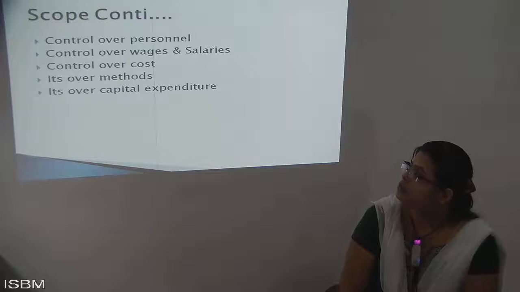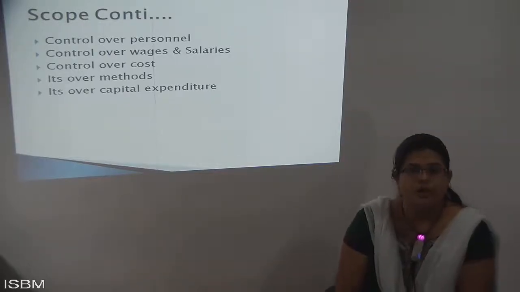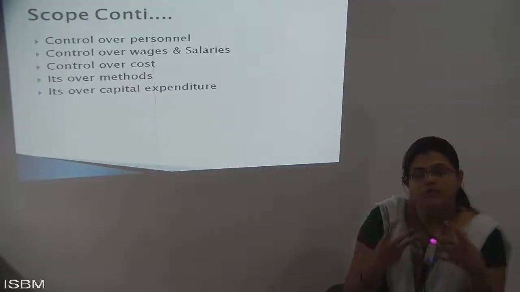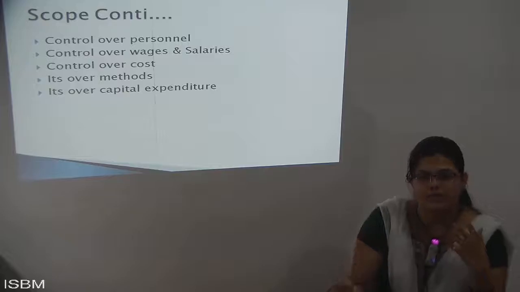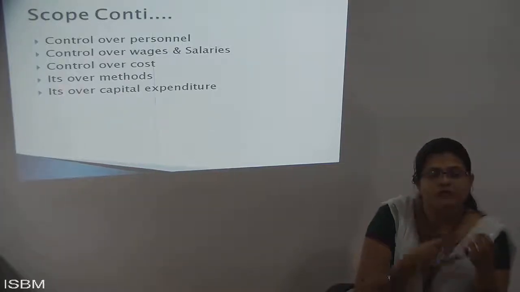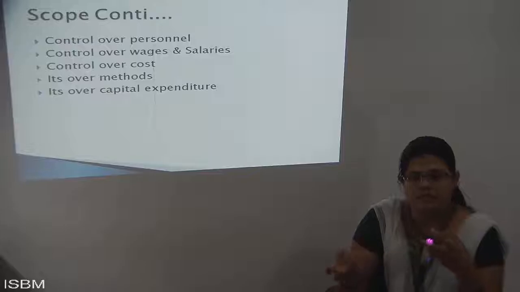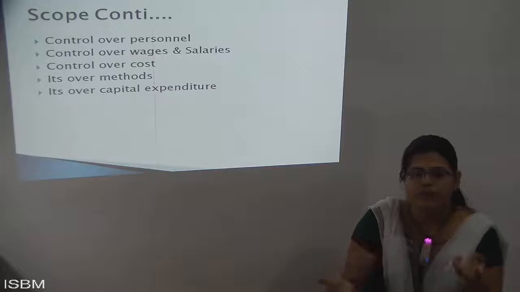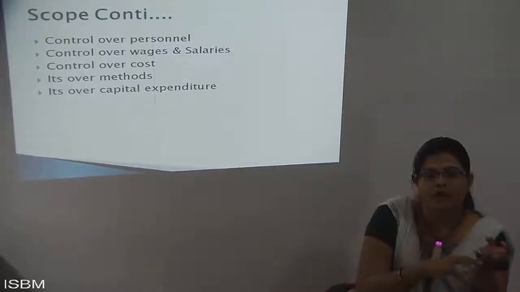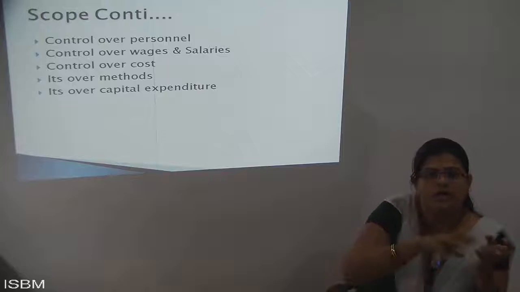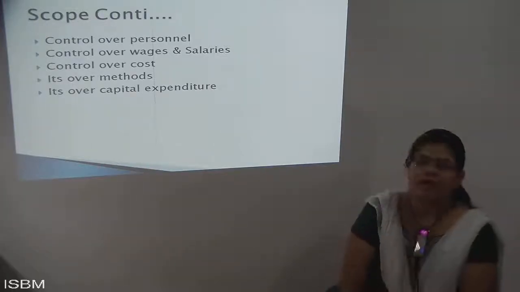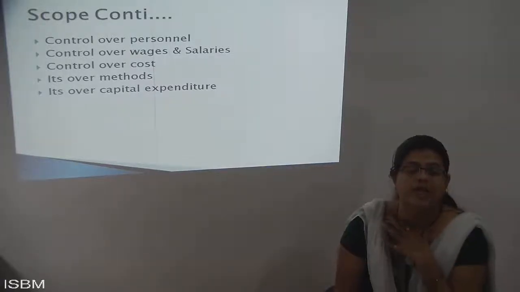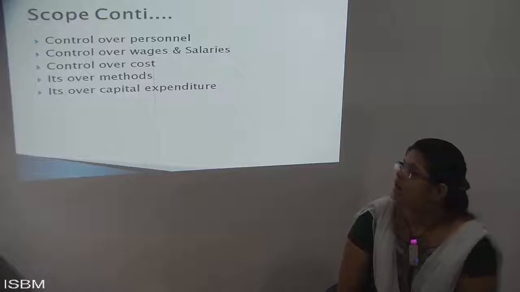Next, it is control over the personnel. That is most important. Personnel means the control relating to the people who are in the organization. I need to interact with each and every person, so that if I interact with every person in my organization, then only can my work move in the proper way for every person in the department. It should be related to the people who are in the organization.